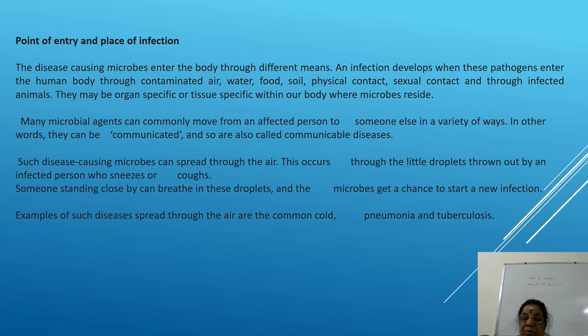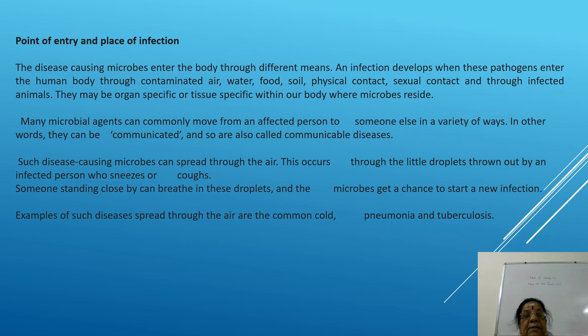Suppose same way when we have food poisoning, மூக்குல ஒன்றும் பண்ணாது, வயிற்ற வலிக்கும், டயரியா இருக்கும், டிசென்ட்ரி வரும் இல்லையா? அந்த மாதிரி it is organ specific. எந்த organ அட்டாக் பண்றதோ that is called tissue specific or organ specific. அதுதான் point of entry and place of infection. சரியா? இப்ப பாரு, the disease causing